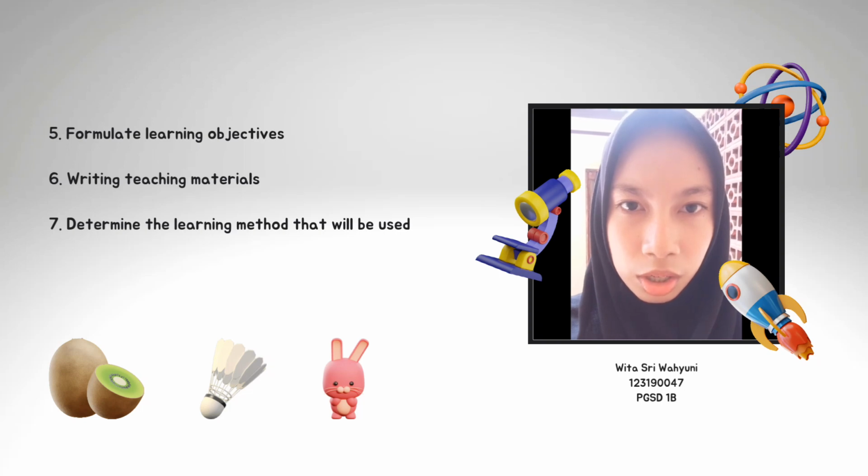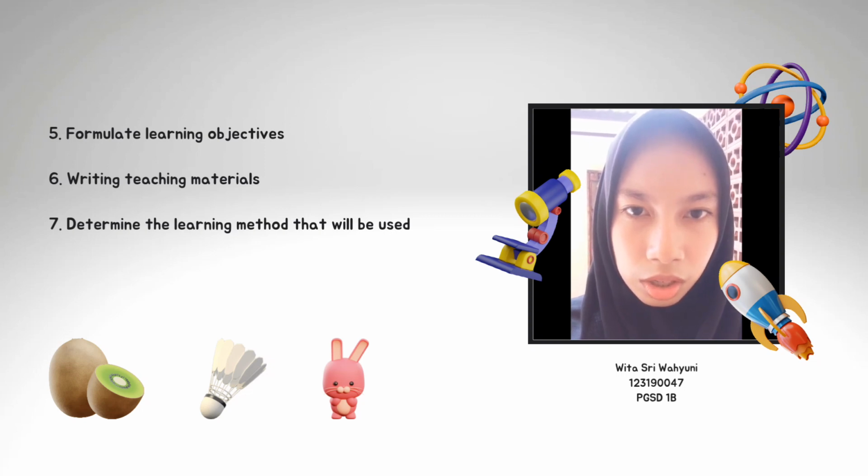Learning methods are used by teachers to create a learning atmosphere and learning process for the students to achieve basic competencies or a set of predetermined indicators. The choice of learning method is adjusted to the situation and condition of the students as well as to the characteristics of each indicator and competency to be achieved in each subject. In this section, the method that will be used during the learning process is determined.